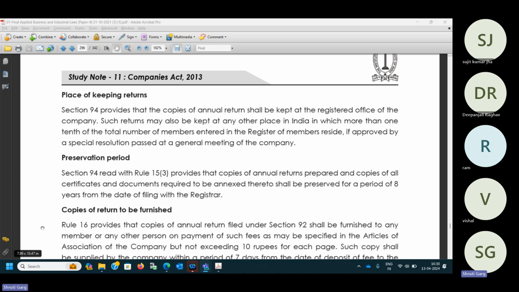If the total number of shareholders is, say, hundred, and more than 1/10 of the shareholders reside at a particular place, then the returns may also be kept at that place. But